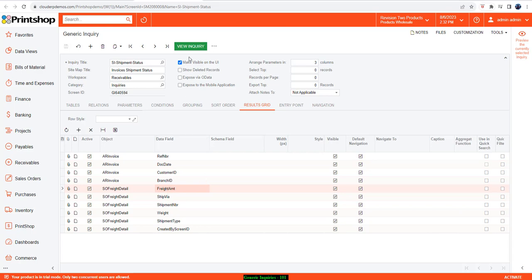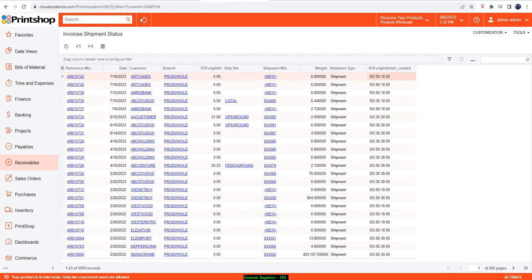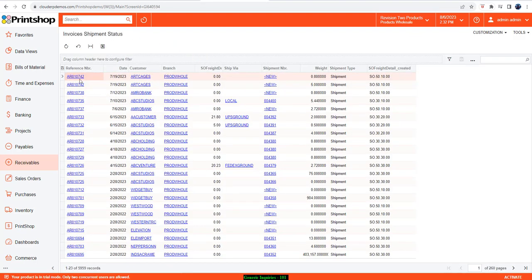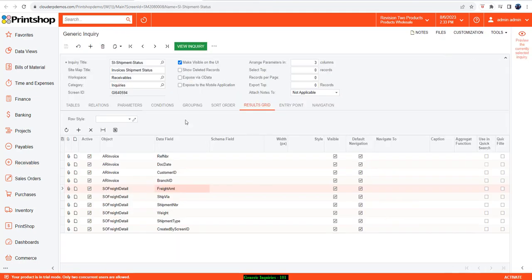So let's go ahead and view this inquiry. So if I refresh my screen, you will see now not only I got the invoice numbers, the customer and the date, but also start to get the relevant data from the freight table showing you ship via, what's the shipment number, what's the weight of it, and what type of document it is. So this is how you can link two tables within Acumatica in a relational database system and be able to pull the data,